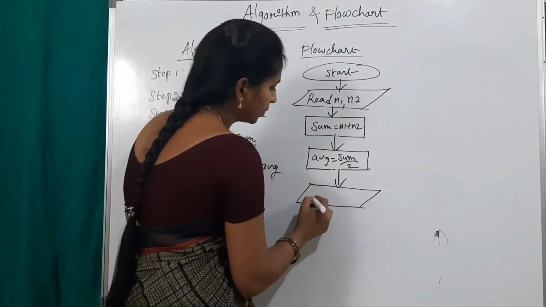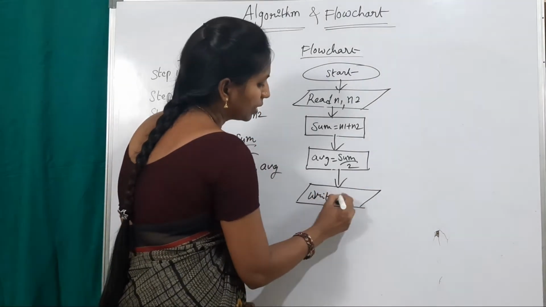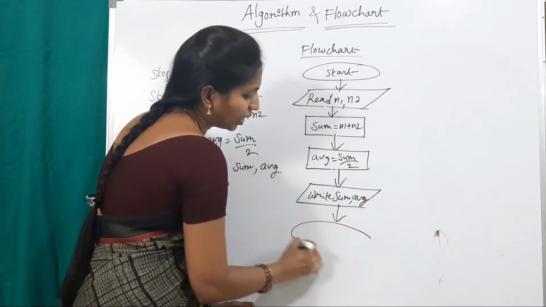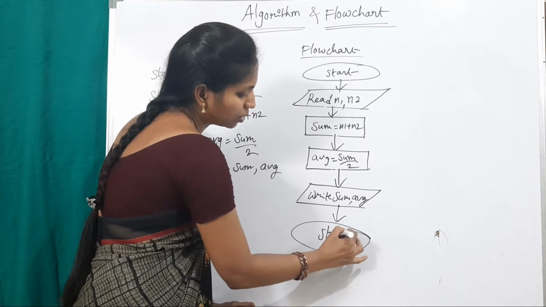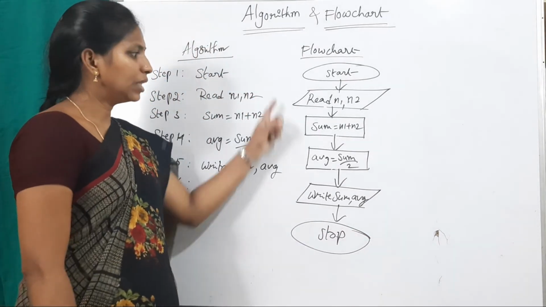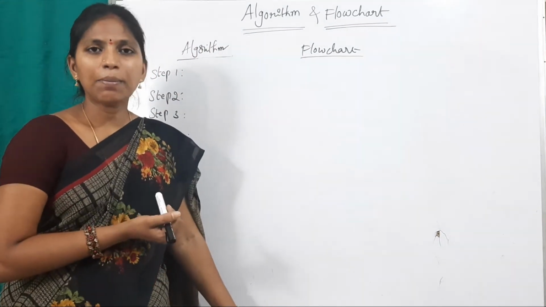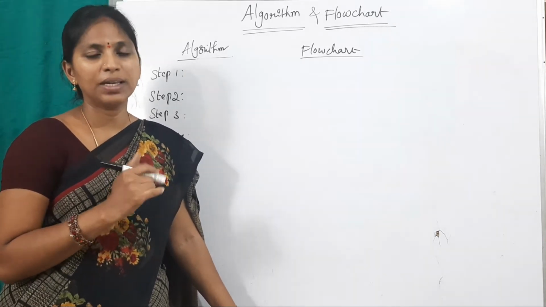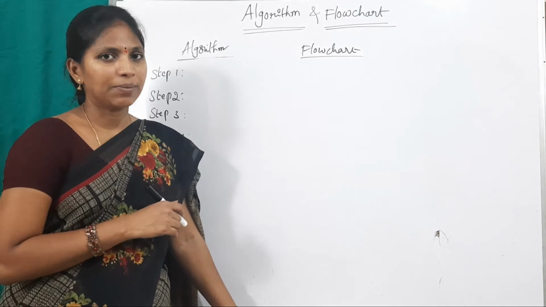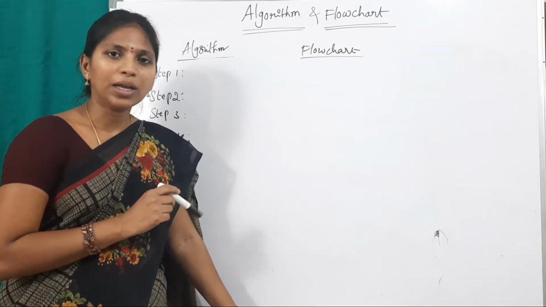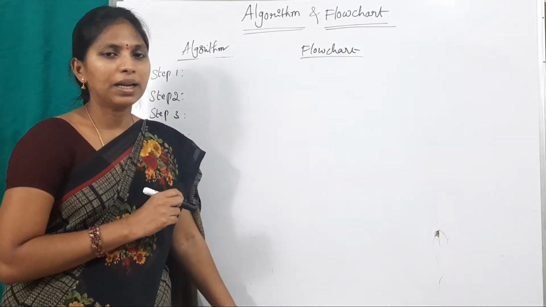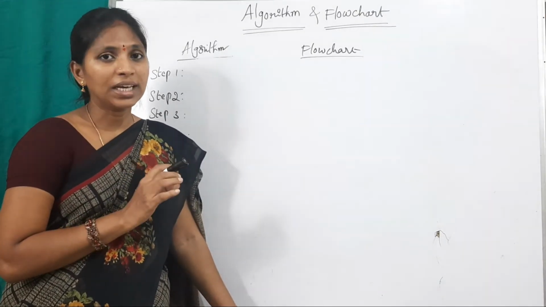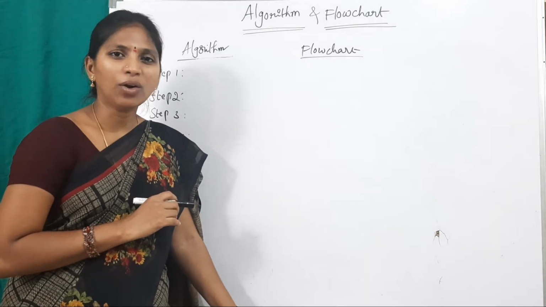Parallelogram, write sum, comma, average. Finally, ellipse, stop. This is a flow chart. In the first example and second example, we did not use a connector and rhombus, meaning diamond symbols. In this example, we can use them. As a third example, write an algorithm and draw a flow chart to check whether the given number is even or